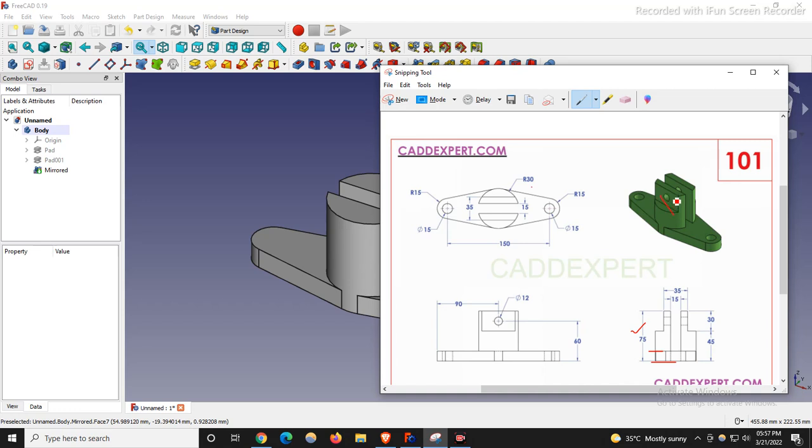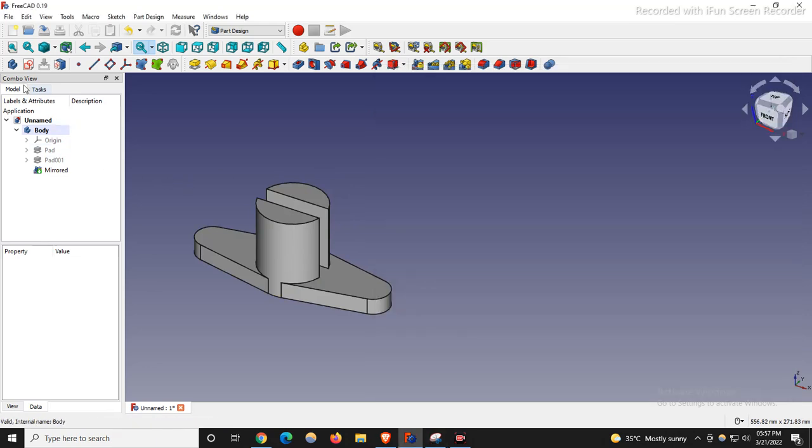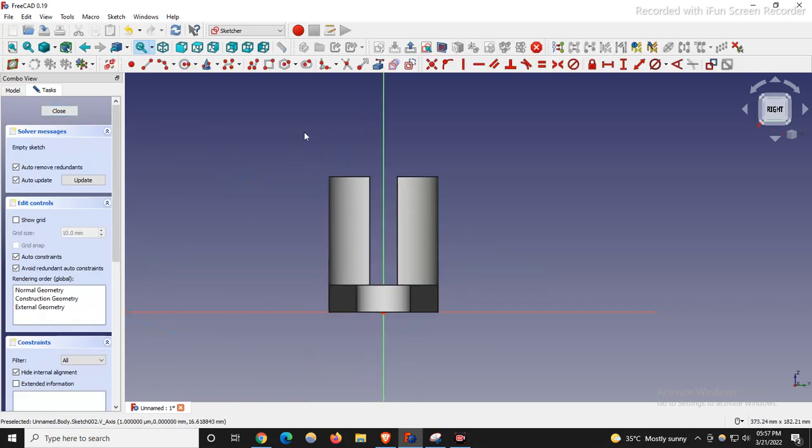Now we will draw the cut. For this cut, here is the profile. This is the cut profile, which is 35 and 30. So we will make the cut on one side and then we will mirror it. So we will go to sketch and select the YZ plane. I say okay. I will draw a rectangle here,